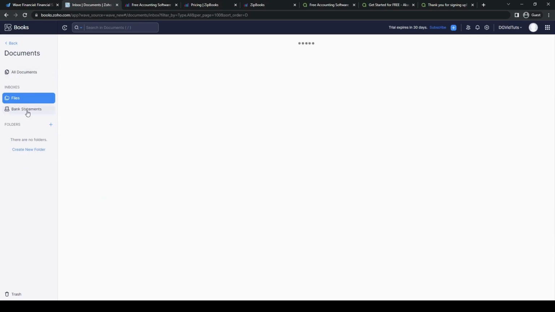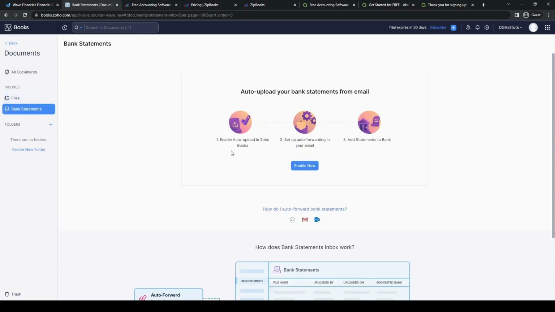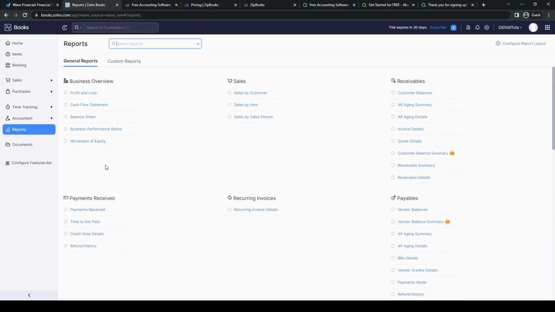In this one you can go through bank statements as well. You can just auto-upload it to Zoho, set up forwarding to your email, and then add statements to bank. So everything is pretty much set up in this one. Alright, so that's it for